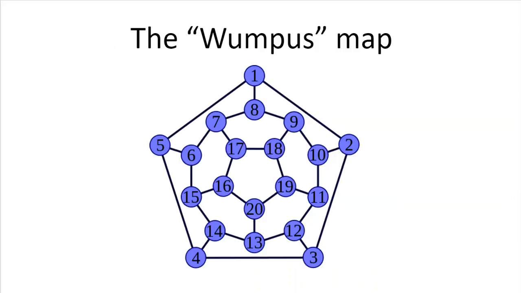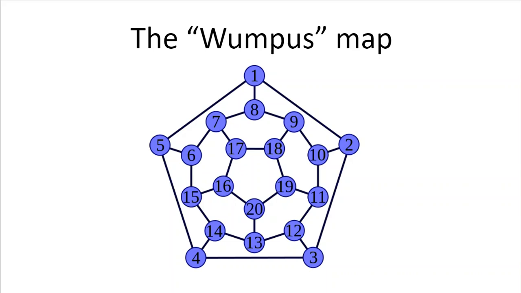If you remember, I mentioned the dodecahedron. So the game is played in a network of rooms or caves. And a room is actually a cave term, right? Speleologists or cavers would call that a cavern. They call it a room. So there's a series of rooms. Every room is hooked up to 3 other rooms, and that forms a world that you can walk around in. You can go from room 1 to 2 to 10, to 9 to 18 to 17. You can walk around the world that way. There's a system of rooms, caves, caverns that you can explore, and notice that we're not on a grid, we're on a dodecahedron, which is a much more interesting shape.